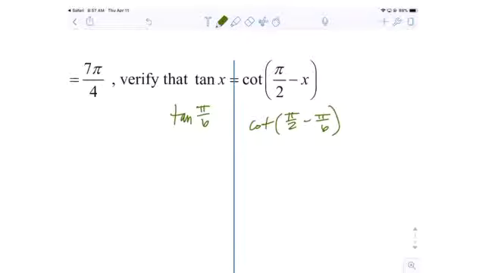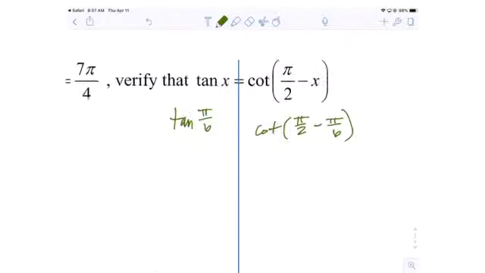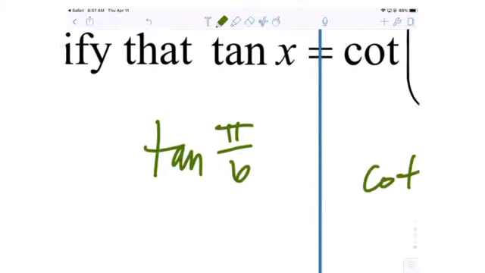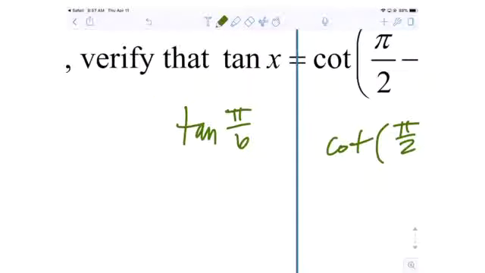But assuming that maybe we don't even know it's an identity, we're just going to see if it works for this angle. So, kind of going back to those fun unit circle quizzes